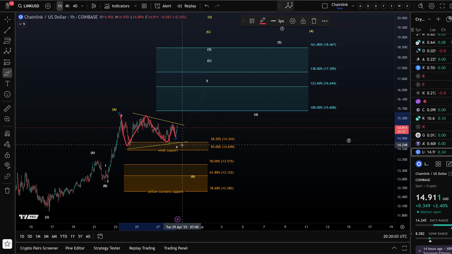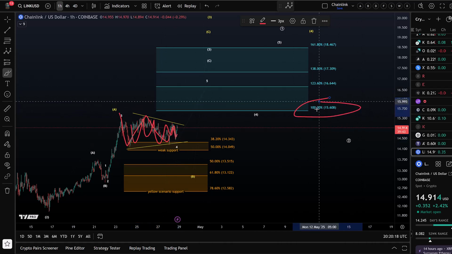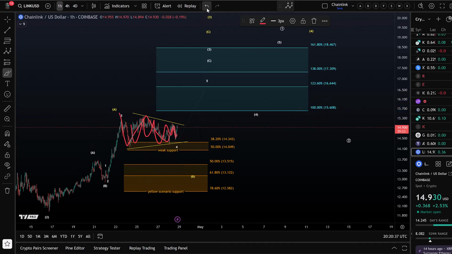But I wanted to hold above the $14.05 level. That's wave 4 support. I highlighted this support area already a couple of days ago, I think on the weekend. It's been holding, but we haven't seen an upside breakout yet. We're consolidating again below the 100% extension, which is an important resistance level in such a sequence. So I'm watching if the bulls can turn up and drive the price higher. The first evidence that this next move up has started would be a break above the last highs around $15.35, $15.40.